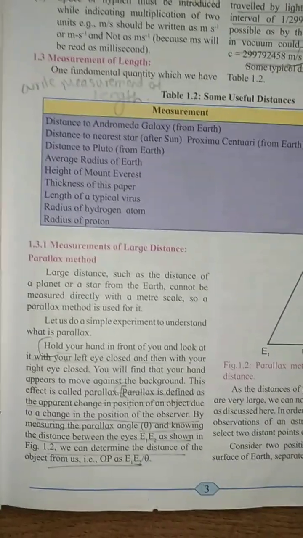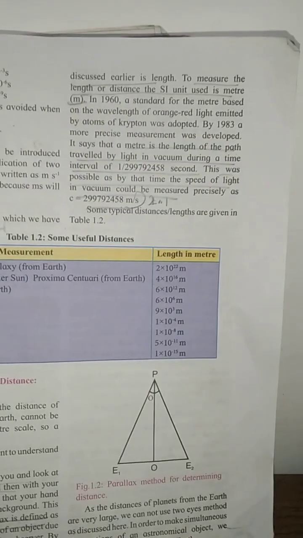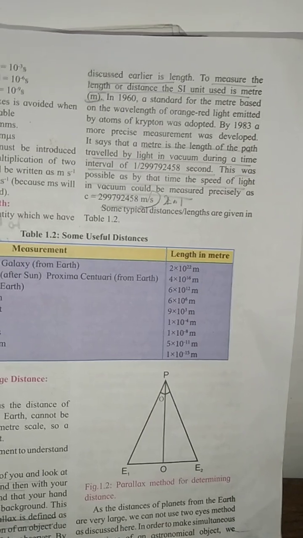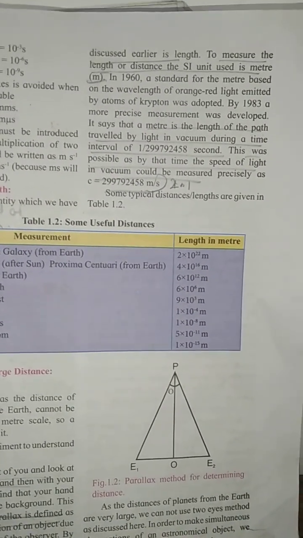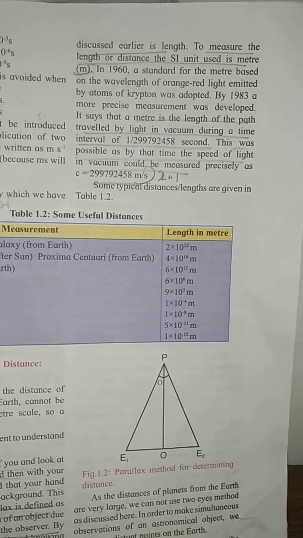We are going to see the measurement of length. One fundamental quantity which we have discussed earlier is length. To measure length or distance, the SI unit used is the meter. In 1960, the standard for the meter was based on the wavelength of the orange-red light emitted by atoms of krypton, adopted by